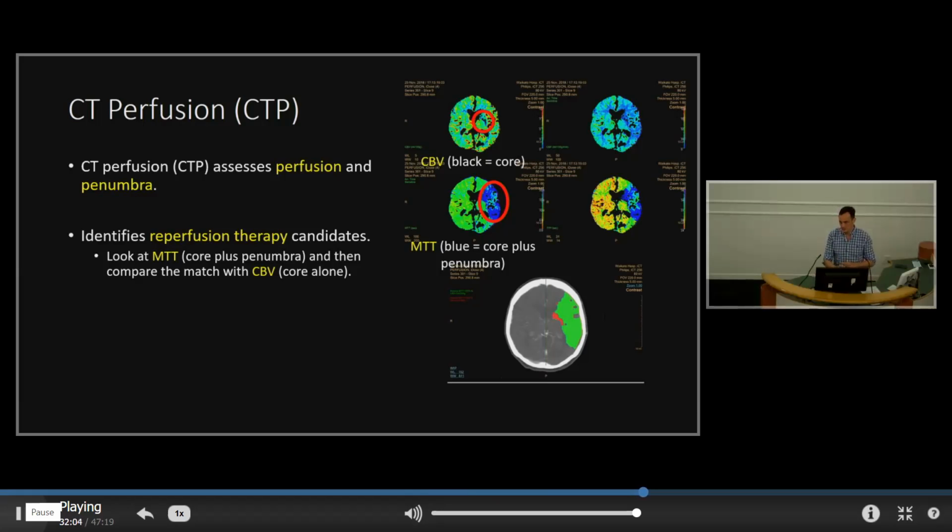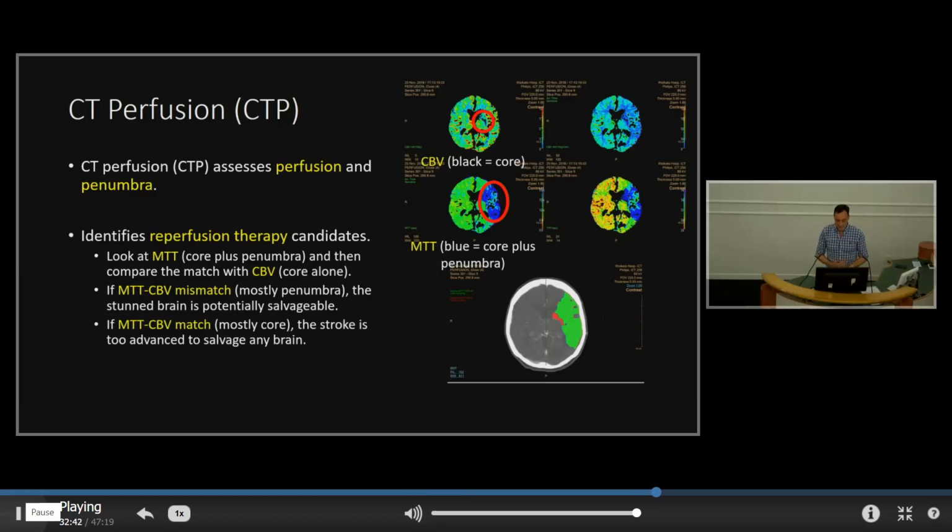And how do you know? You compare it to the other side. So that means most of this particular stroke, despite the huge area of blue, most of that, like 95% or more, is penumbra. This is an excellent candidate for reperfusion. So we call this an MTT-CBV mismatch. It's mostly penumbra. And most of that is stunned brain. It is potentially salvageable. This is a patient we'd really try hard to do something about in order to save all that brain tissue. Because it may last for a few hours, but eventually the chances are that it will infarct.